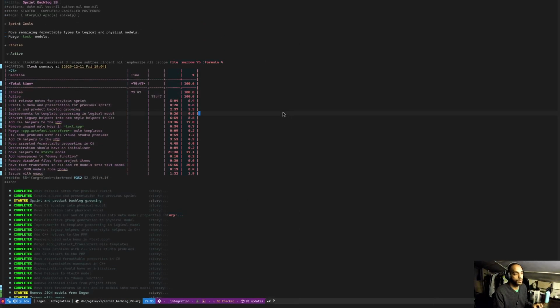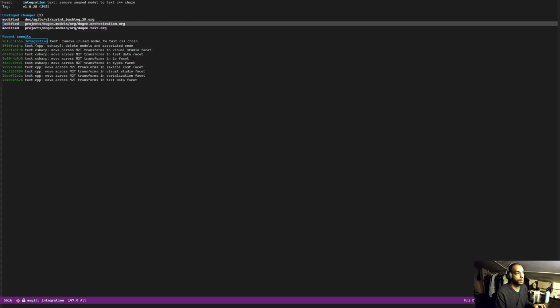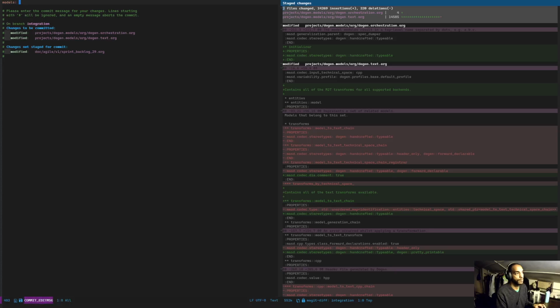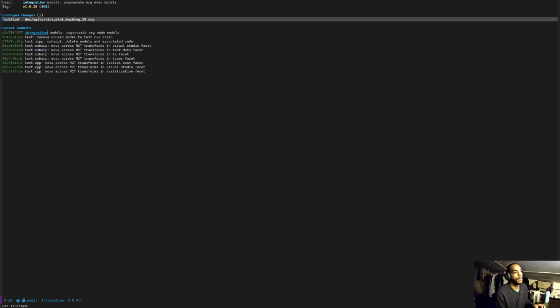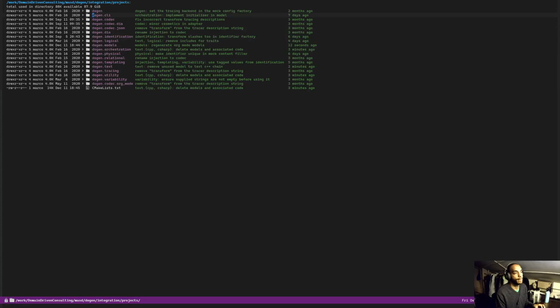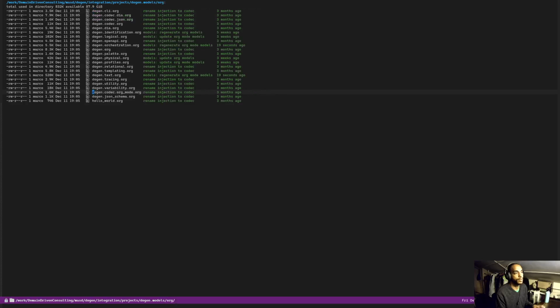In fact, one thing we will do just for a laugh is we're just gonna regenerate all the org mode models. Again, we don't really have Emacs set up properly. So what we'll do with this is, let's just say models, regenerate org modes models. And the cool thing about this now is that you can see here how the future is going to look like. If I have a quick peek at models, it's not exactly the complete future, but it's part of the future. And if you now look at the text model,